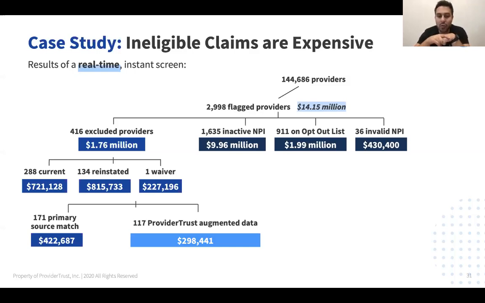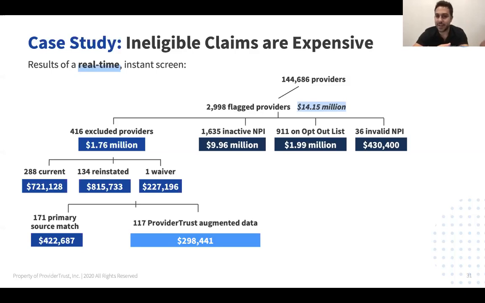117 of those were only found given augmented enriched data. So as it relates to non-pars, if you do not have a data enrichment strategy as it relates to your provider data management and keeping up with your directory, you will miss things that ultimately are contributing to the leakage problem as claims, again, back to process failure. That's an example of a process failure, not having a good active data enrichment strategy for your provider network